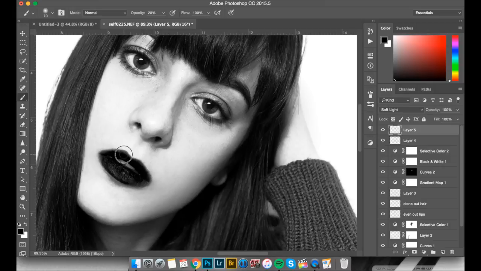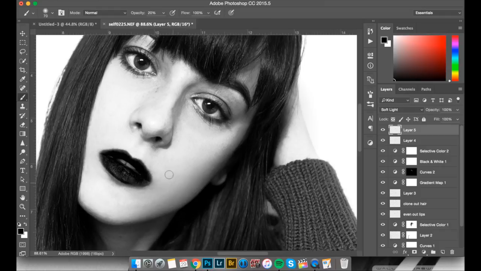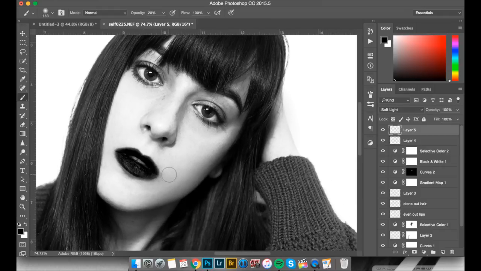And sometimes if the lips aren't as dark as I want them to, I will go over those. And on 10% opacity, I like to go over the contours of the face to help add more contrast there,